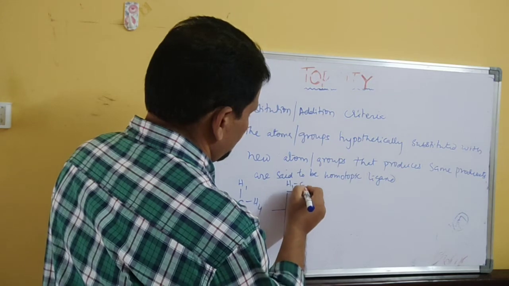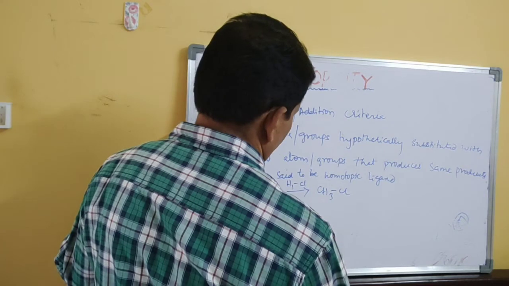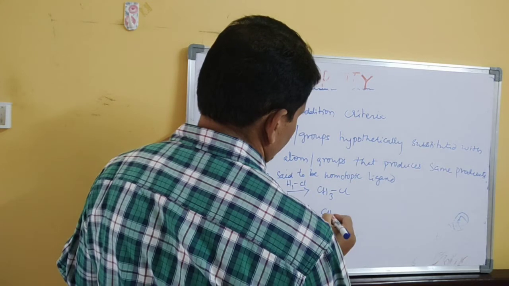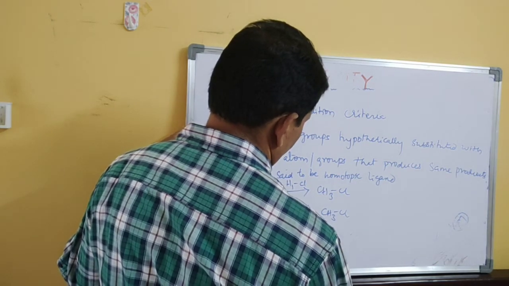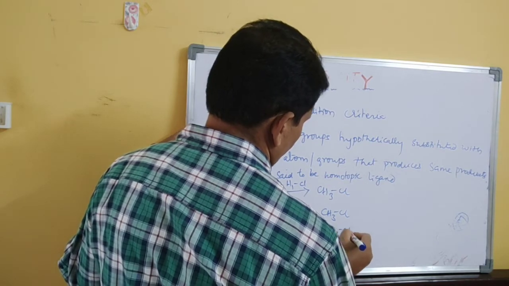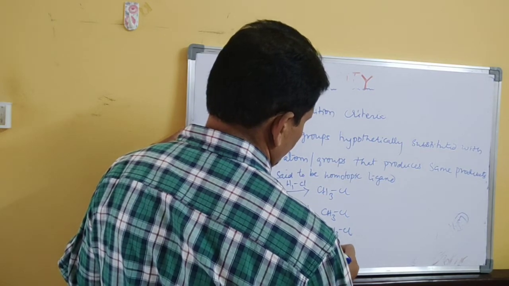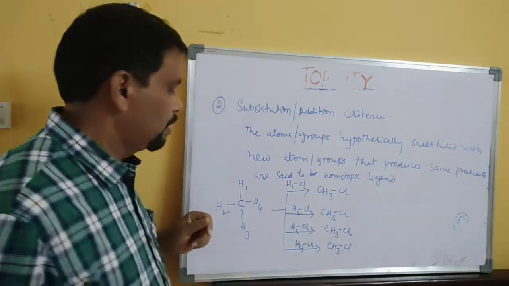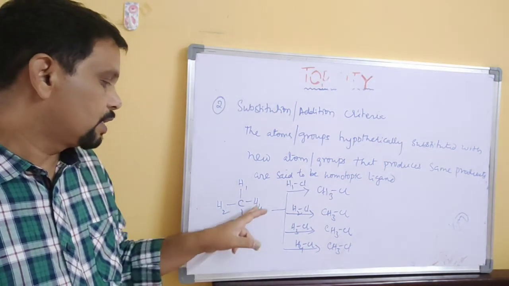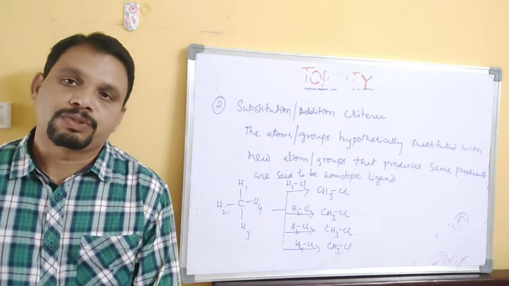If you replace H1 with chlorine, you will get CH3Cl. If you replace H2 with chlorine, you will get CH3Cl. If you replace H3 with Cl, you will get CH3Cl. If you replace H4 with Cl, you will get CH3Cl. Okay? Therefore, H1, H2, H3, H4 are homotopic ligands, homotopic atoms, because